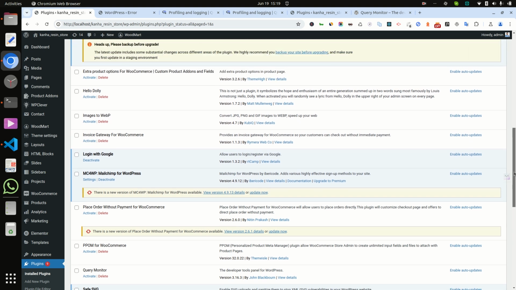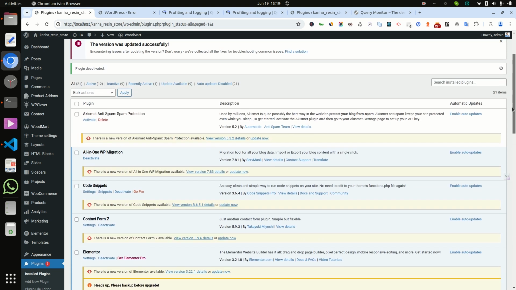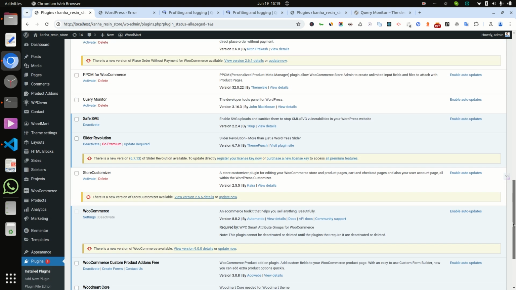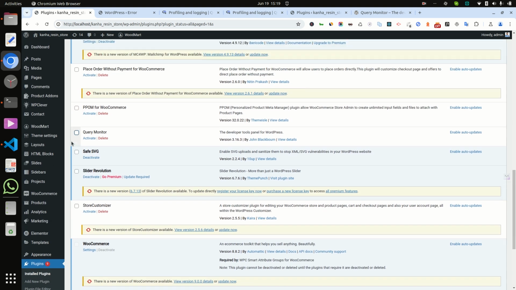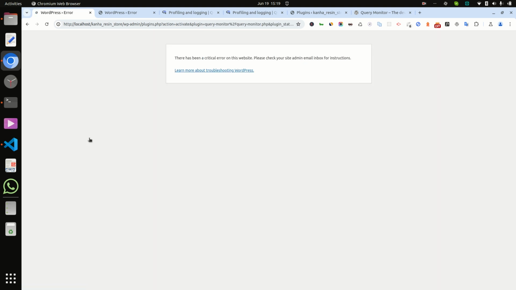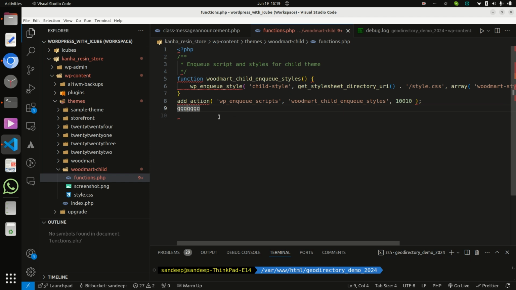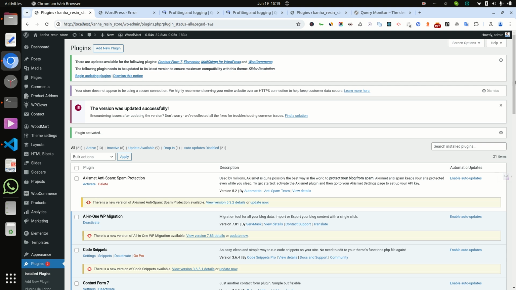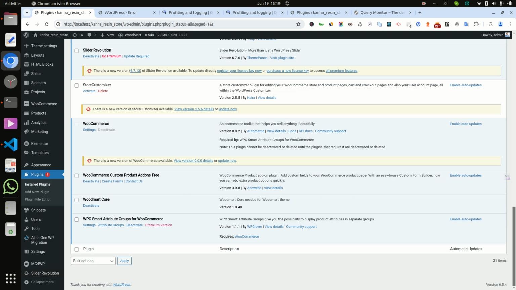Just a minute, I am activating Query Monitor again. Where is Query Monitor? Okay, here. Oh, it is showing a critical error, so it is not allowing me. Wait.